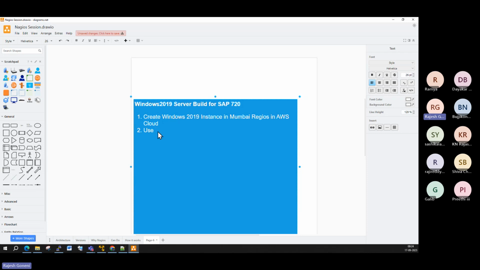Use the XYZ AMI from the AMI console and create with the below specification. The specification is